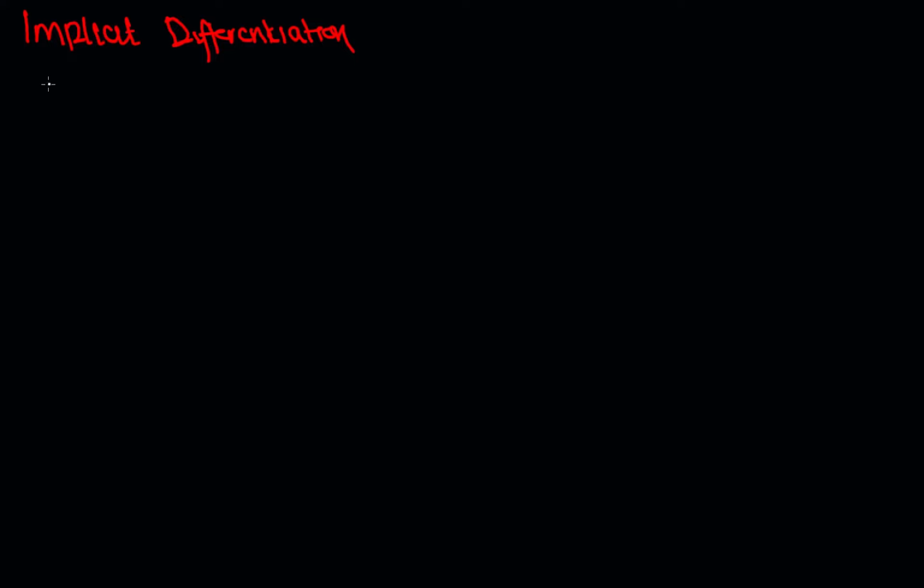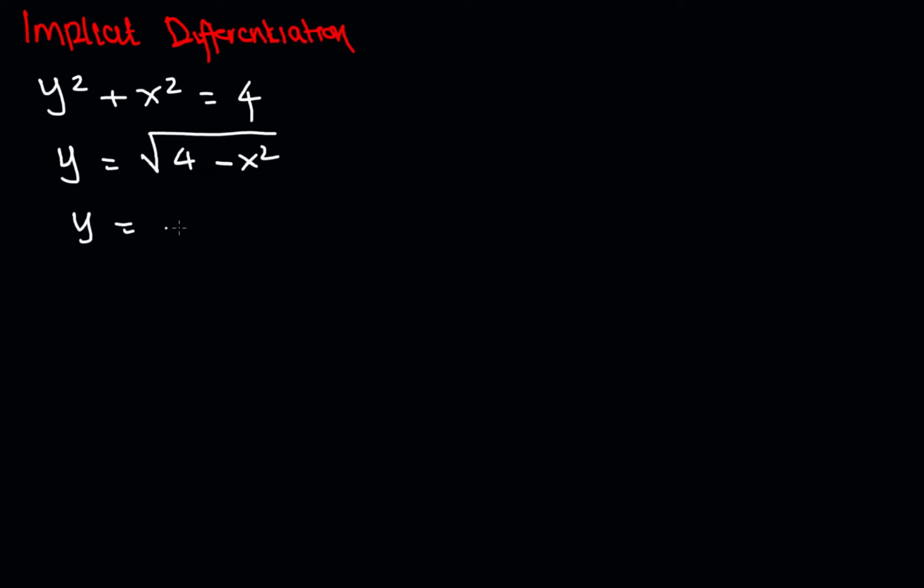Okay, let's say we have y squared plus x squared is equal to 4. How do we differentiate this? So initially what we did was we said that we needed it to be in this format. Okay, this is going to be 4 minus x squared. And then we said that we wanted it to be in this format,